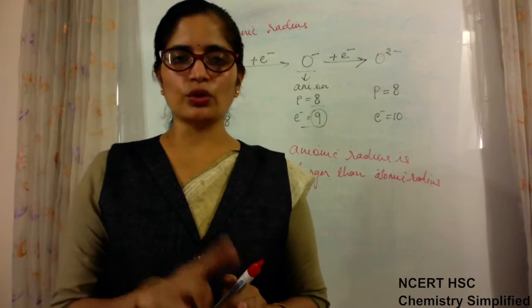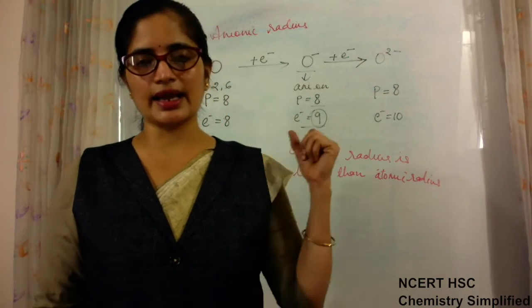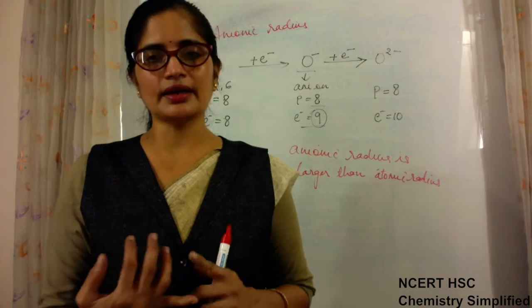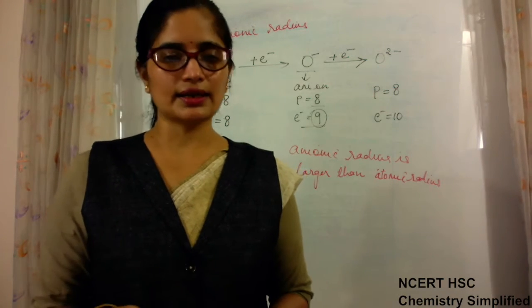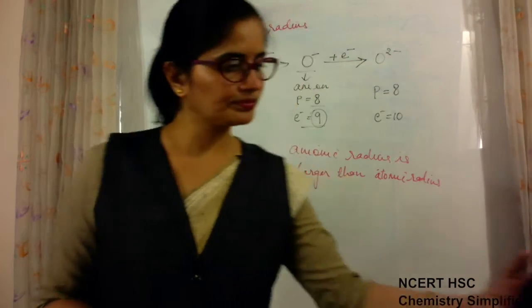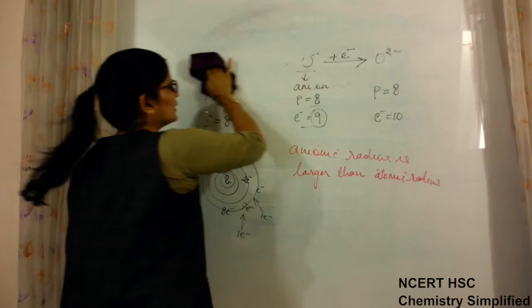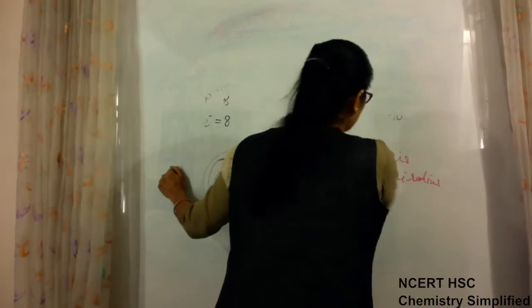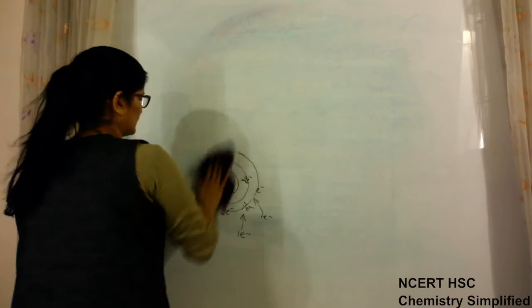Correct reasoning is only on the basis of attraction, which is reduced or increased, as is the case. In anions, that attraction is reduced. In the case of cations, that attraction is increased. Is that clear? Okay, so this is all about your topic atomic radius. Clear? Now we come to the second property.